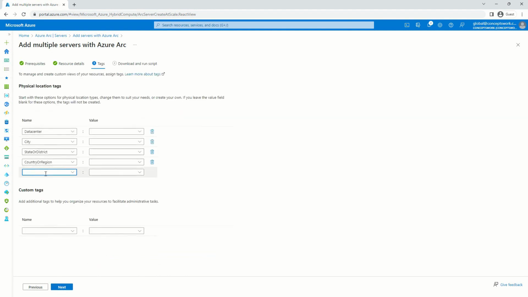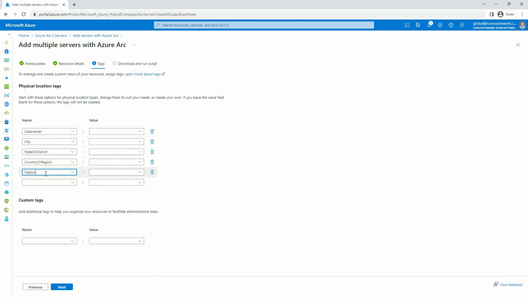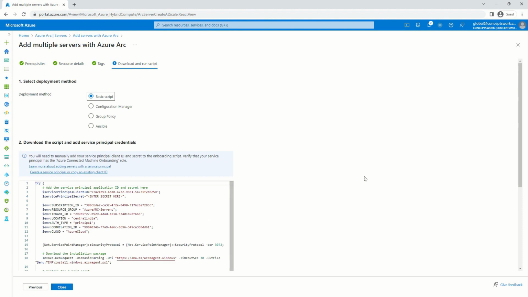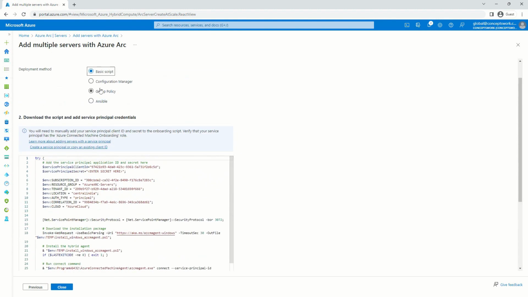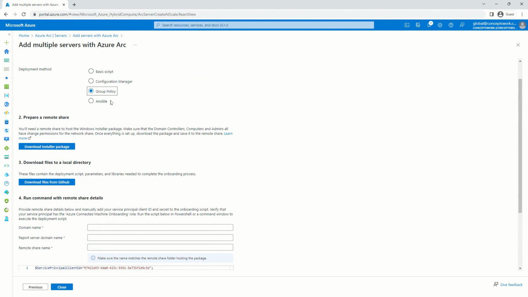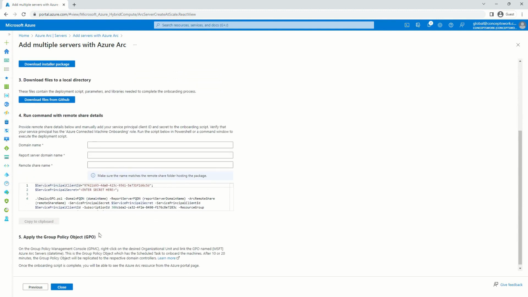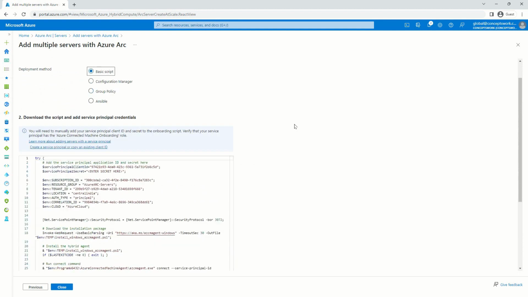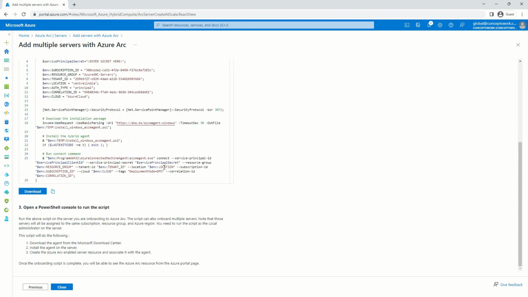Now in the tag name, I'm going to type deployment mode, let's say, and in the value, I'm going to type GPO. The reason behind doing this is that I'm going to use this value in Azure Resource Graph queries. I've explained before as well that even though this option is available for group policy, I'm not going to use it because I was not getting consistent results. So I'm going to use the option of basic script, and I'm going to download this script